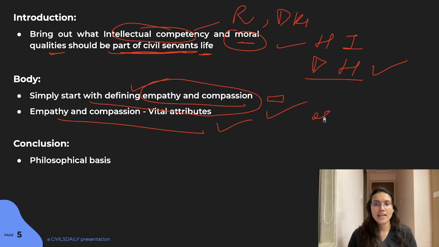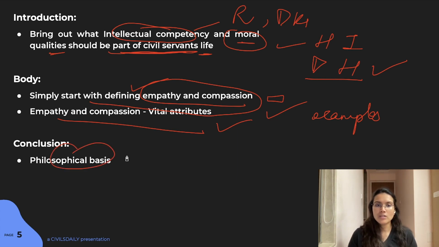Again, add as many examples as you can in this particular answer. Like I talked about Armstrong Palme, I talked about disaster related events, I talked about communal riots, I talked about Northeast related issues, or say, even the language related policy making decision, right? That is also a very sensitive topic, and that also requires compassion and empathy amongst the people to take the decisions upon it. Even in day-to-day working as well as policy making, you need these kinds of attributes, right? So you can link it to civil services and show it as an answer here.